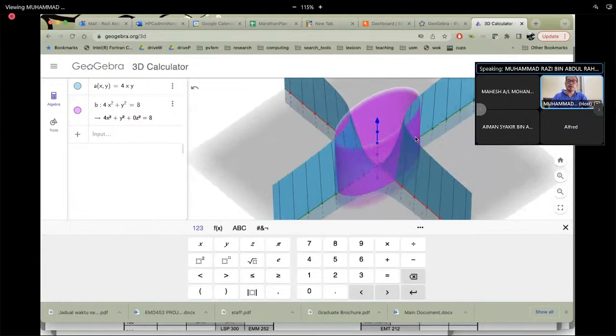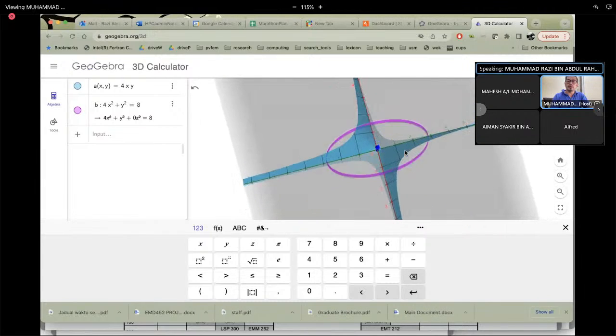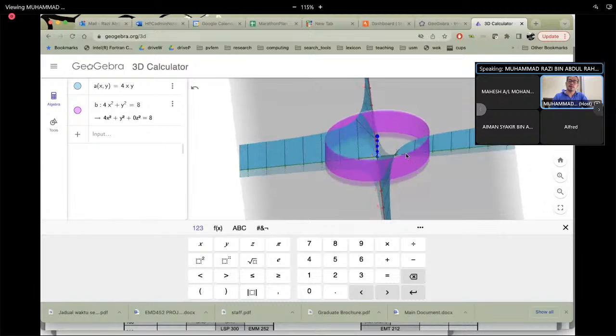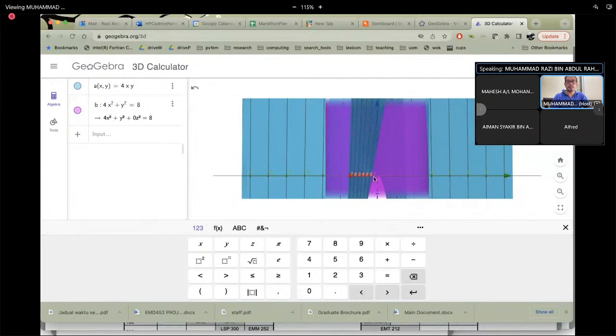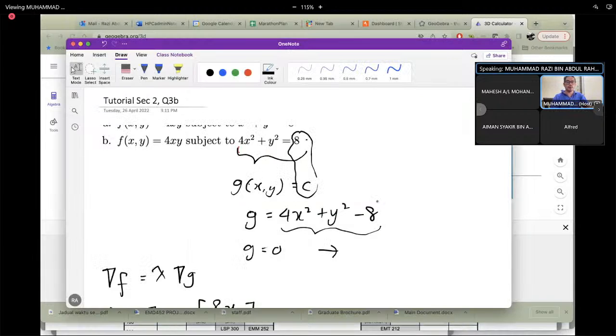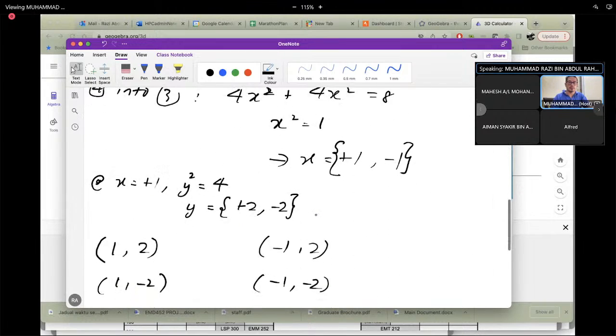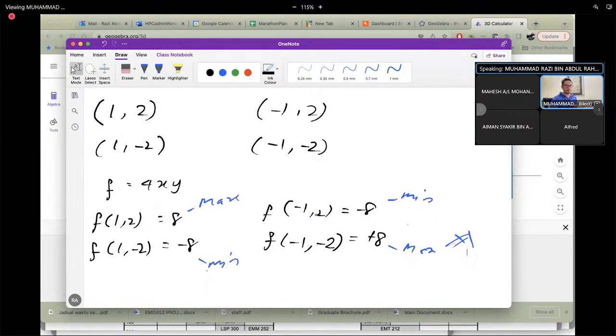So you can see that because we have, okay, if I do like this, x has these 4 points there, and then z has 4 values, the negative part, and then the positive part, and the negative part. So switching back to my OneNote, this is where you get these two values of maximum and 2 values for minimum. Okay, now